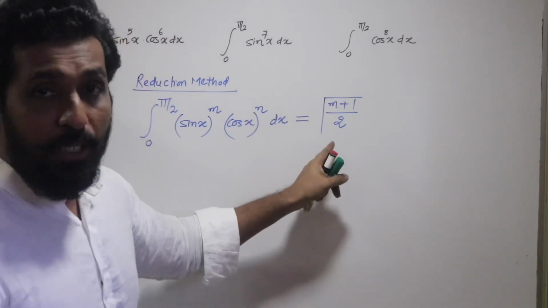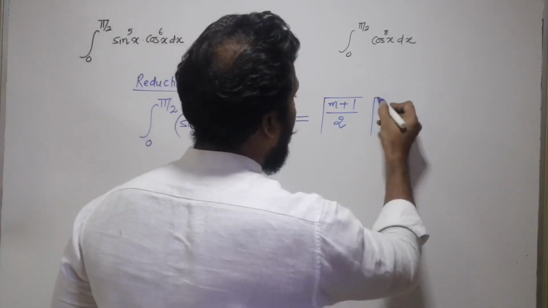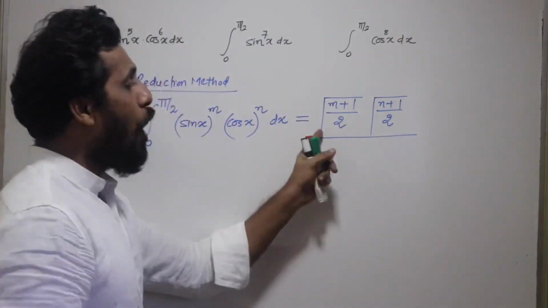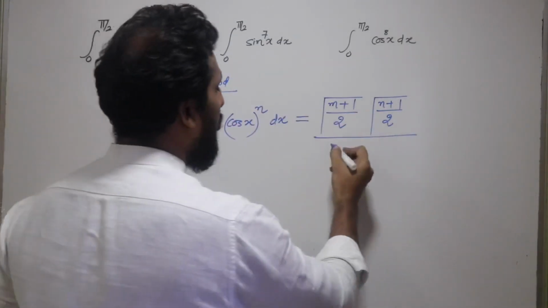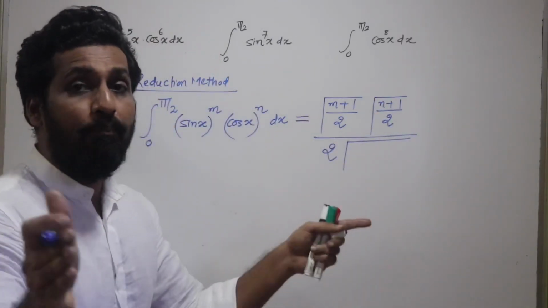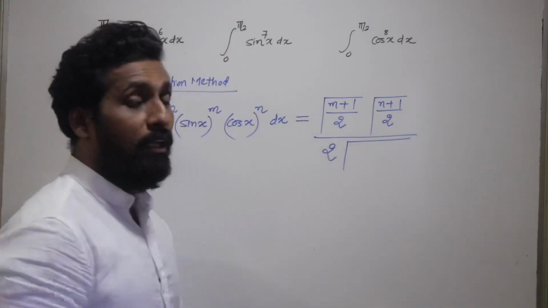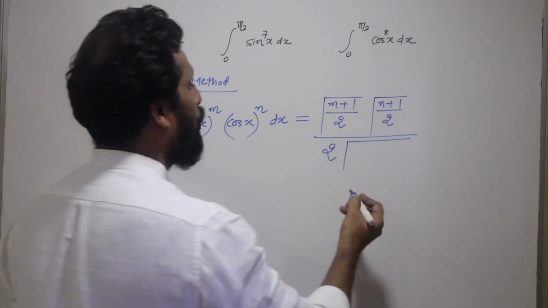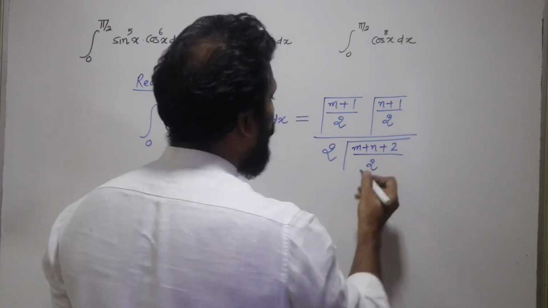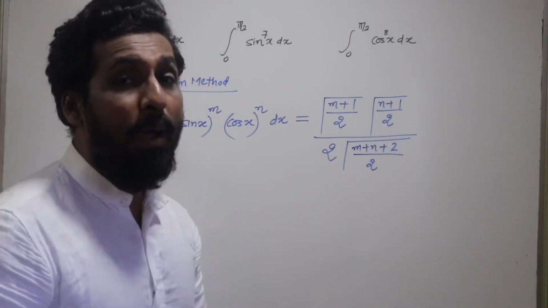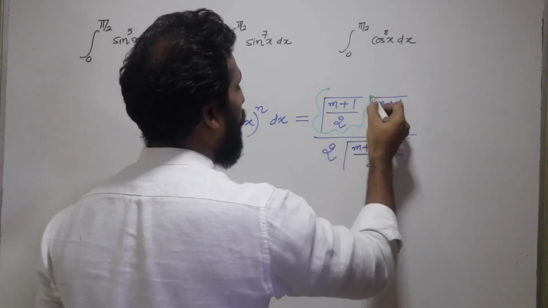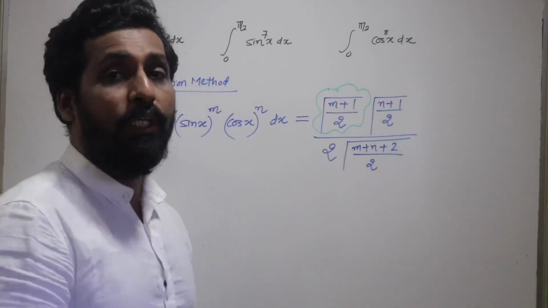So gamma of m plus 1 upon 2, and then you write gamma of n plus 1 upon 2, and the whole is divided by, so how many terms are there? There are two terms. So I'll write 2 here and then gamma. Whatever terms you have written in the numerator, simply add them. So you'll be getting m plus n plus 2 upon 2. So there is absolutely no need to memorize a formula. Just remember the first term and the subsequent terms will keep on following.